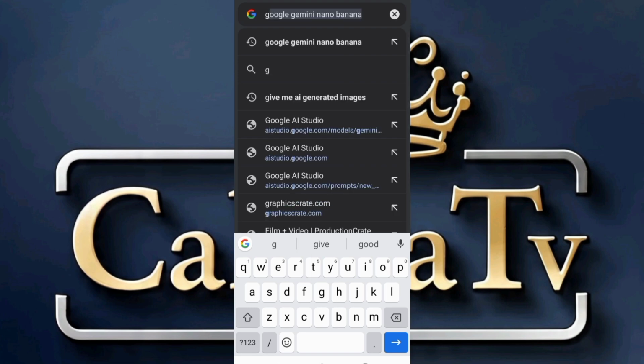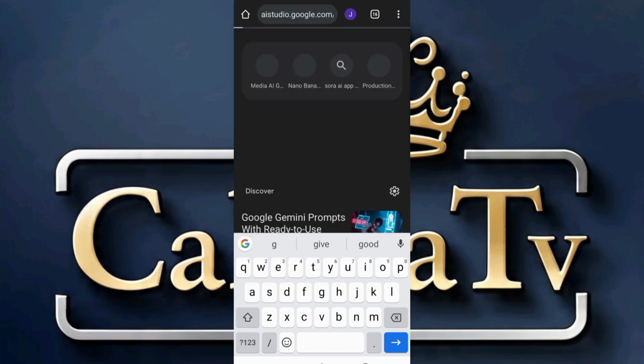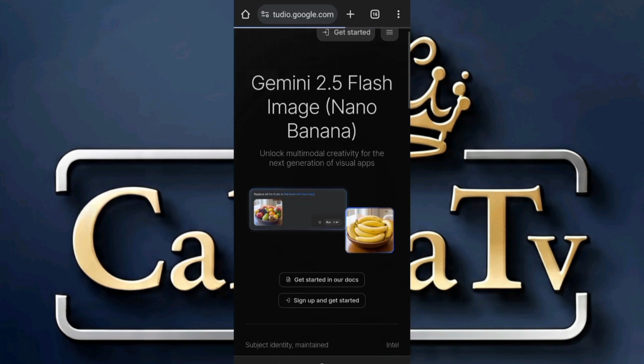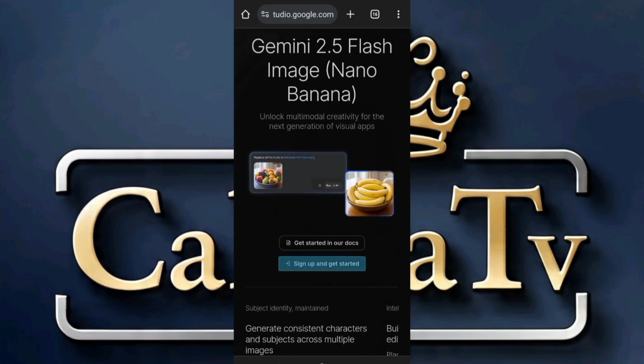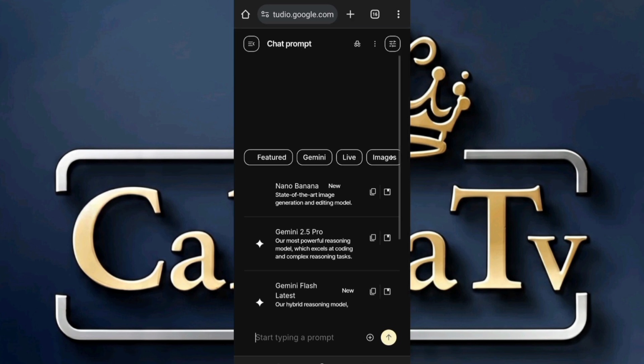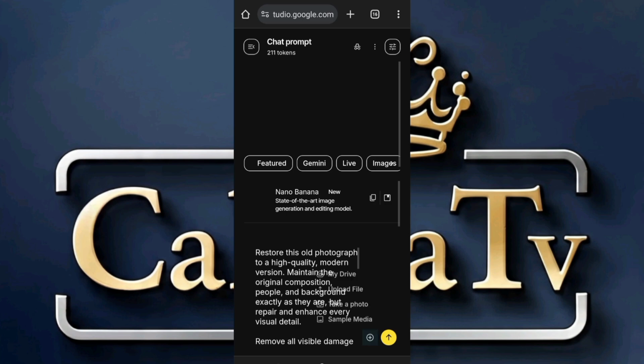When you type Google AI Studio, it will bring you to this interface, and what you're going to do is sign up with your Google account and start. When you get to this place, no drawing, no wasting of time. What you're going to do is add your prompt. When you add your prompt, then you click on that plus sign beside it,